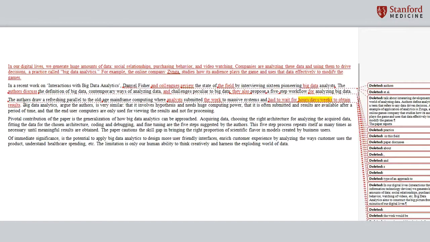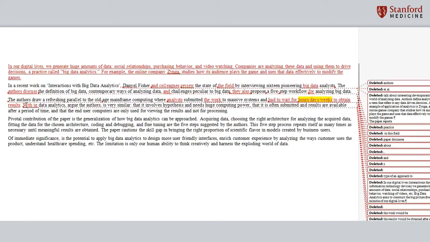Then we get big data analytics, argue the authors, is very similar. Well, actually, you don't need to say all that because we've already said it's a parallel. So you don't need to repeat the fact that it's similar. That's what we mean by a parallel. So we can just jump right into, with big data analytics,